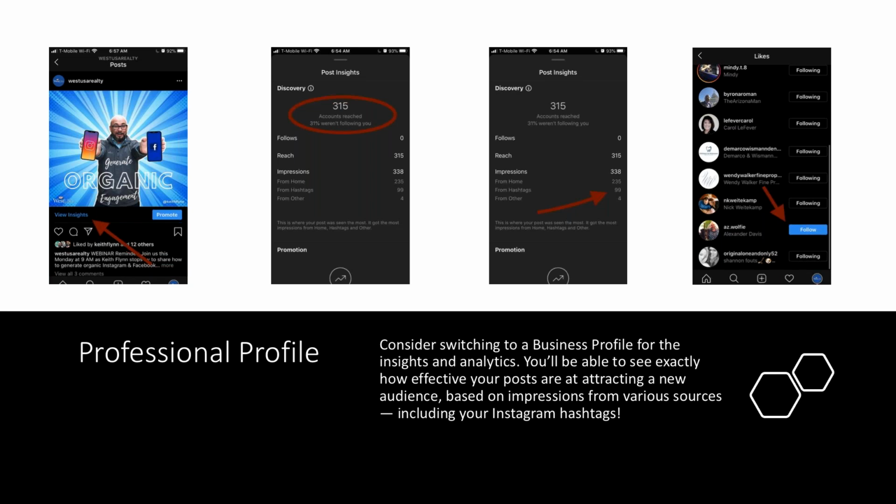How many people from your homepage, how many people from your home account saw your content, how many people saw it via hashtags, which is the third one down there. That's very powerful, because if you're using appropriate and relevant hashtags, you can see how they actually have a positive effect and get you some more engagement. In this case, 99 people came by way of a hashtag. And then there's from other, which, let's be honest, I really don't know what the other is. Considering it's a small number, I'm not too worried about it.